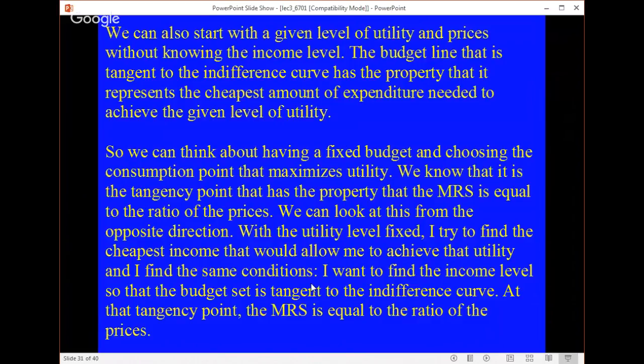In other words, now I'm just doing it backwards. Instead of moving up to the highest indifference curve that I can find that touches the budget set, I pick a fixed indifference curve, and I find the minimum income that will get me to that indifference curve. In the end, it's the same. It's just a process. Instead of going up to different indifference curves to get to the highest one, I do the opposite. I have a fixed indifference curve, and I figure out the least income that I have to spend to get to that. So,